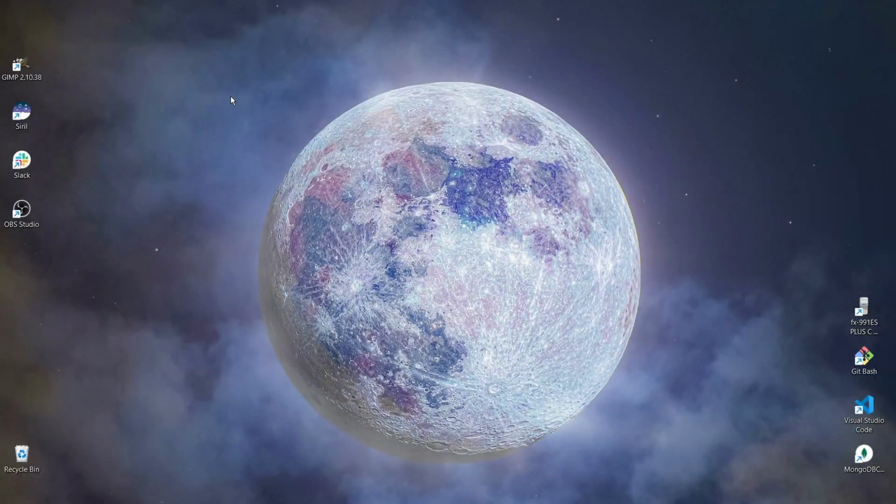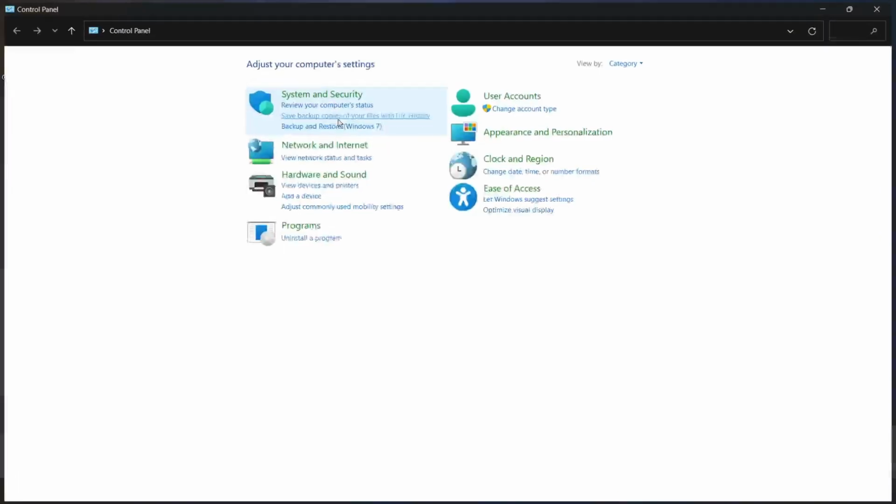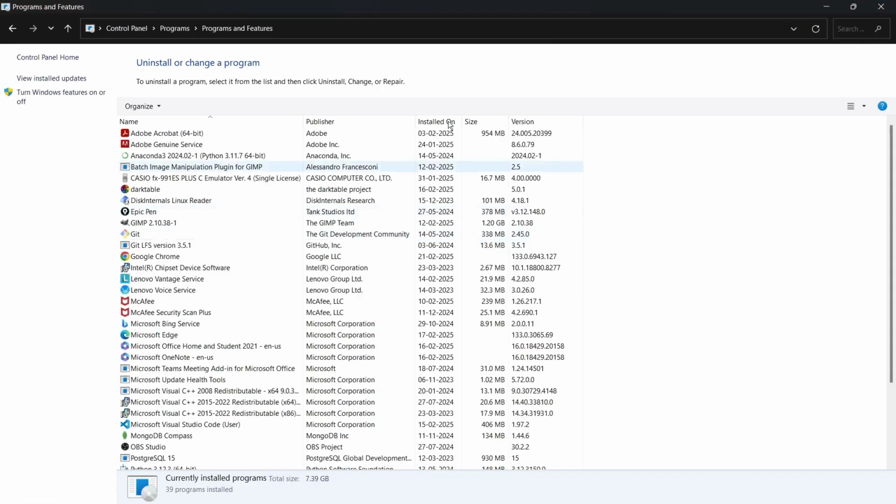Okay, now I've recently got queries that after uninstalling a program it is still present in their system. So what to do in that case? Well, the answer is pretty simple. You just go ahead and repeat the process and make sure any kind of Astrometrica files are uninstalled from your system. So for that, again go to the control panel and click on uninstall a program, and then just come over here and search for